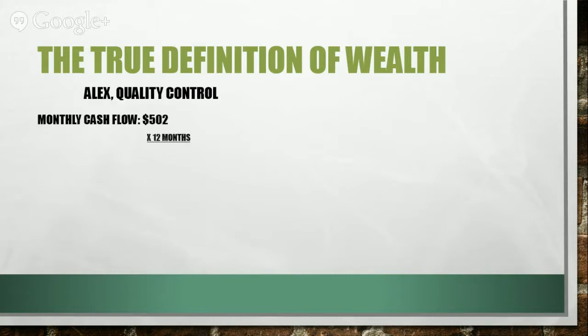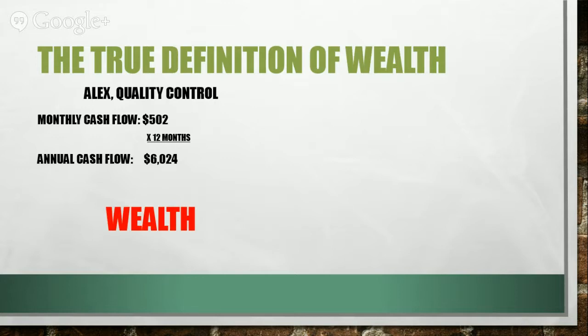Now, if we fast forward this for Alex, if we multiply, let's say he averages $502 of cash flow. Again, he makes more money than what he spends for the whole year. That means that by the end of the year, he'll have an annual cash flow of more than $6,000. And this is what Robert Kiyosaki calls wealth. It's not that Alex is now wealthy, but he's now starting to generate wealth. This $6,000 can be put into a savings account, or maybe that's how he keeps his money. Whatever he keeps, he puts into a savings account that he can now use to do something else with that